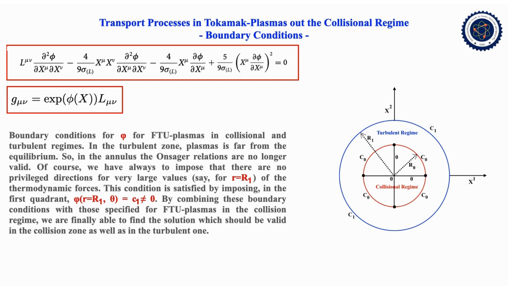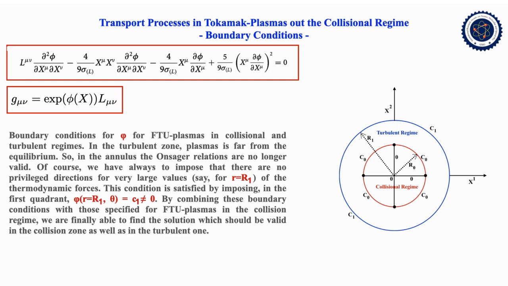But the peculiarity here is that along the axis, the Onsager law are not valid, because turbulence destroyed the validity of the Onsager law when plasma is far from equilibrium. We know that the Onsager theory is valid close to thermodynamic equilibrium. In this case, we assume that the transport coefficient remains constant at very large value of the thermodynamic forces, but the Onsager law are no longer valid. Fick law and Fourier law